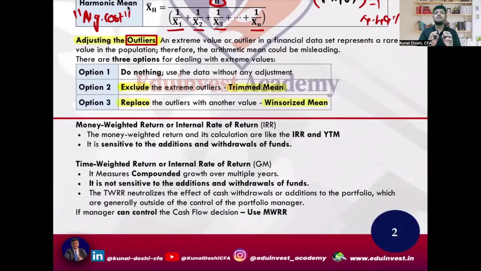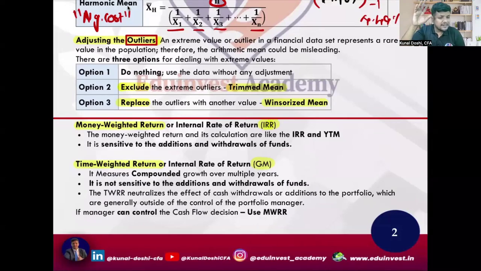So for multiple cash inflows and outflows, there are two types of returns: money weighted rate of return, which is also called IRR, and time weighted rate of return, which is nothing but simply the geometric mean. Money weighted rate of return is nothing but IRR. Time weighted rate of return is geometric mean, but the technique of doing both is different. I will show you the technique when we do the questions. This is repeated when we do portfolio also, so don't worry. However, here we are going to see an example and do it.